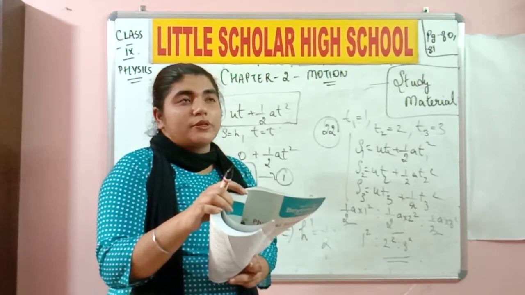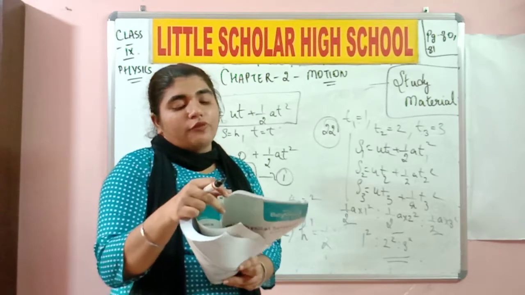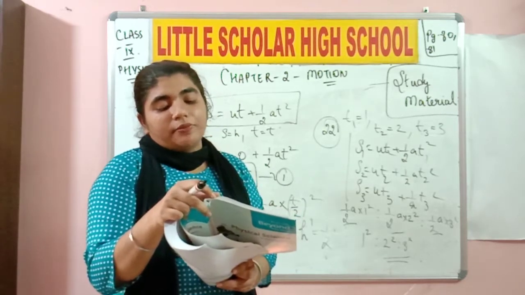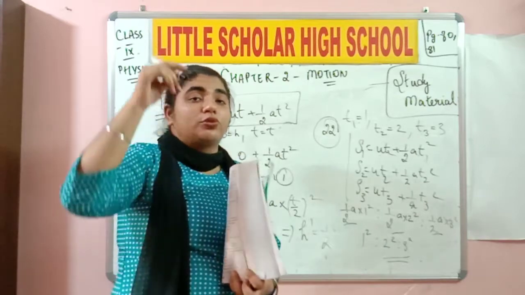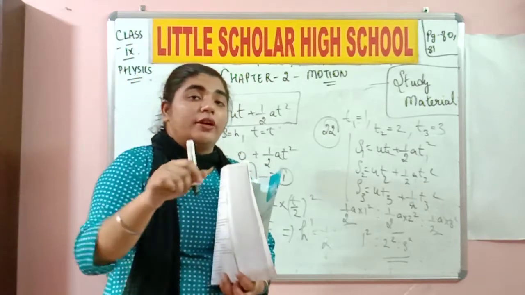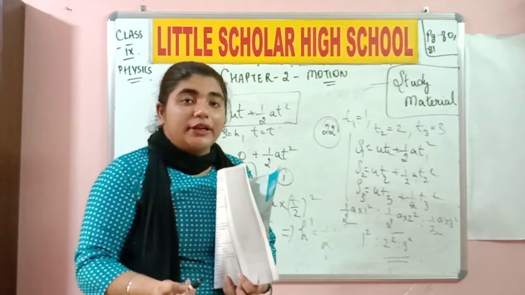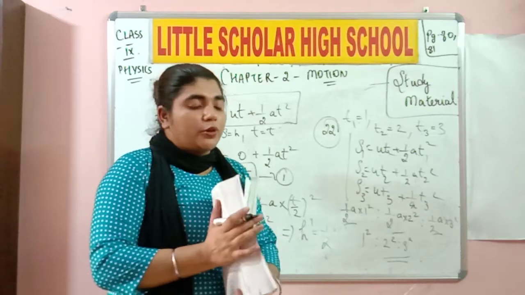Vacuum is when you have no air, like it is empty. 24th one. If a body is projected horizontally from the top of the tower, the time taken by it to reach the ground depends on what? Of course, if you're going to throw an object from the top of a building, the total duration is going to depend on how tall the building is. So how high the tower is. So 24th one is going to be option B.